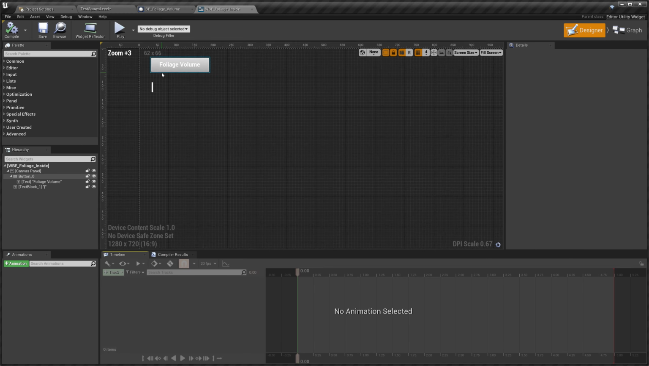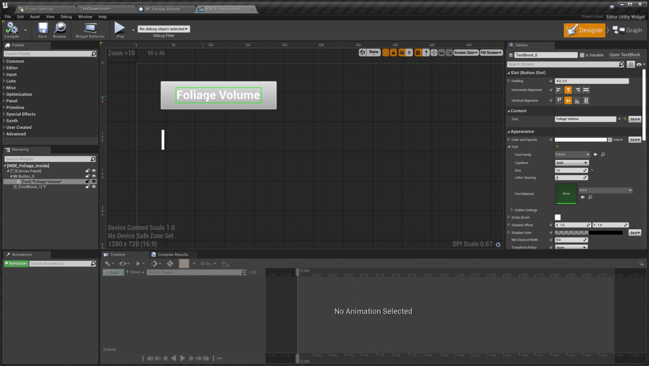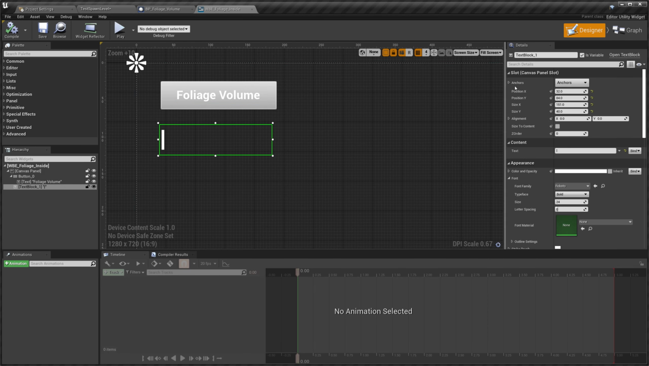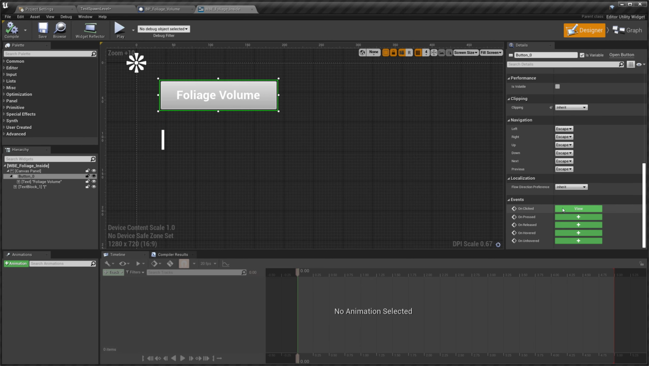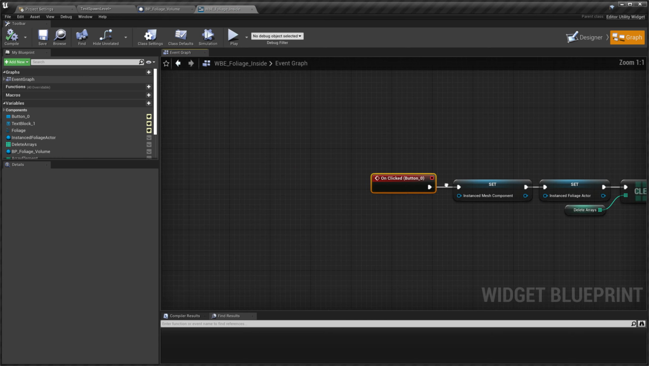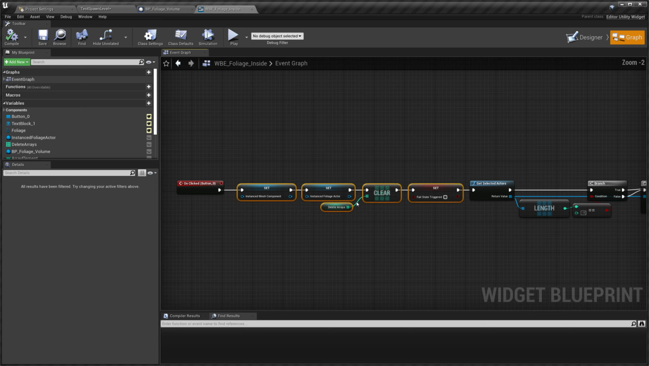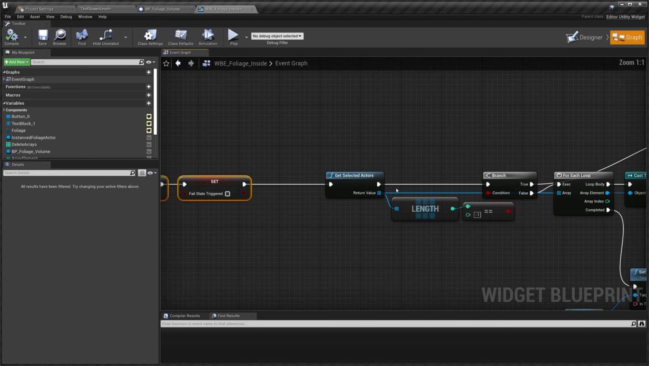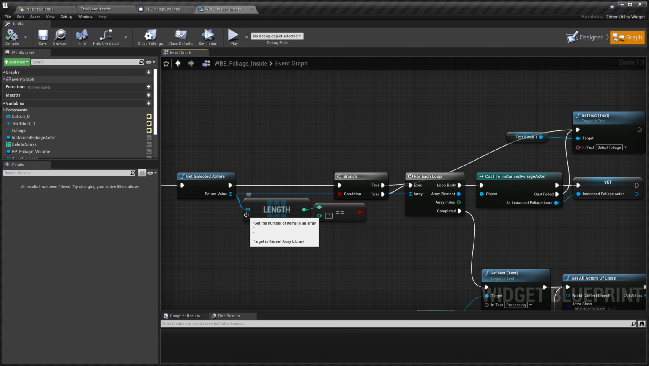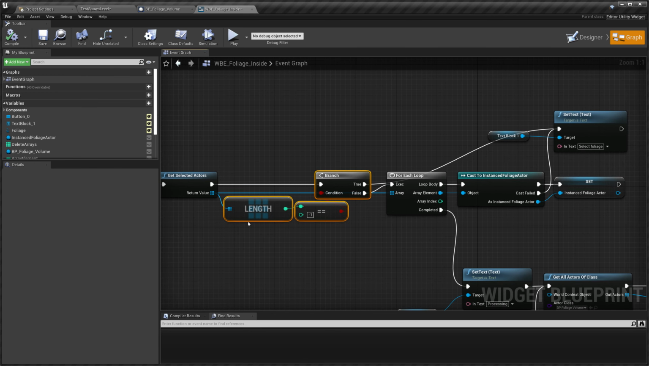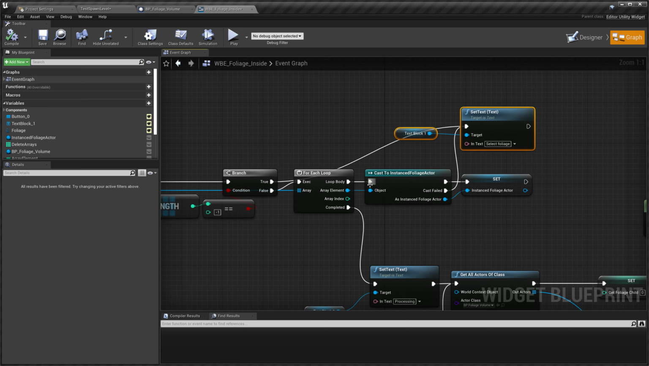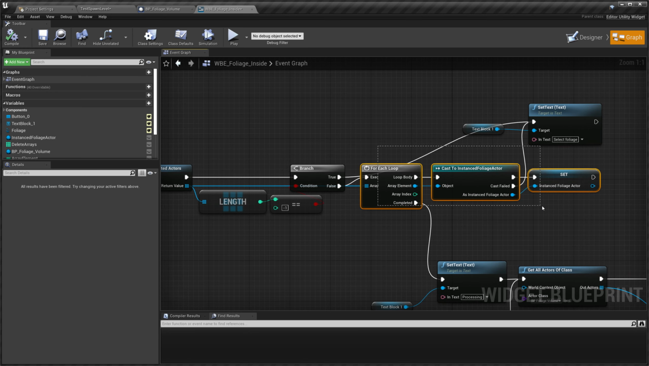So when we go in there, there's a button with text that does nothing, and then another text block. Not really that relevant. The relevant part is what happens when we click that button. So here we reset some states. I'll come back to that later. So what I do is I get the selected actors and I check if anything is selected. If nothing is selected, then I update the text to select foliage, and if something is selected, I check